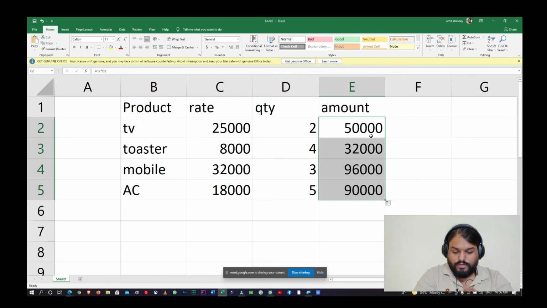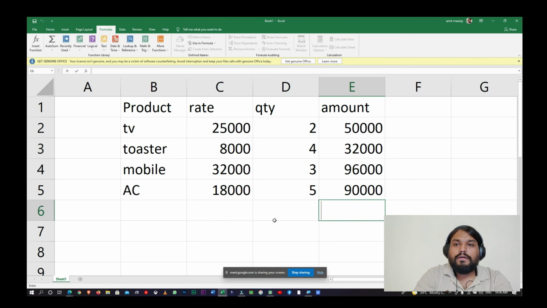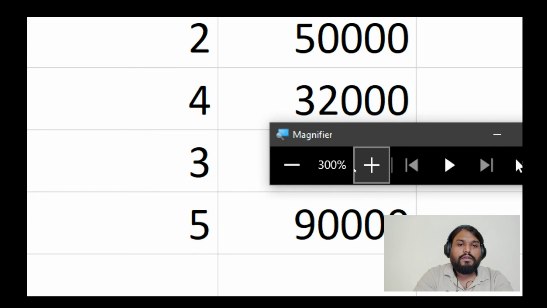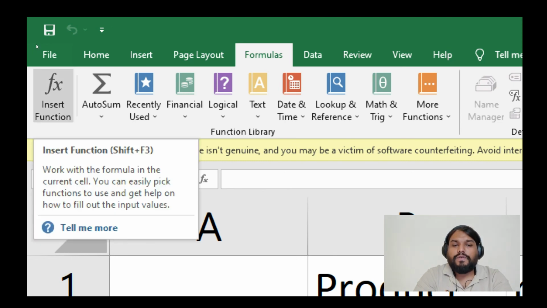Here I want to use another function, and now you can use your functions from the formula tab on top. Let me show you by zooming in where you can find your formula tab. Over here, in between your page layout and data, you can find formulas. And here you have the insert function option.